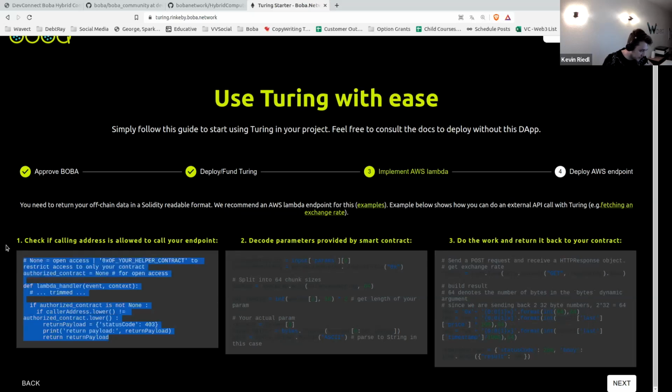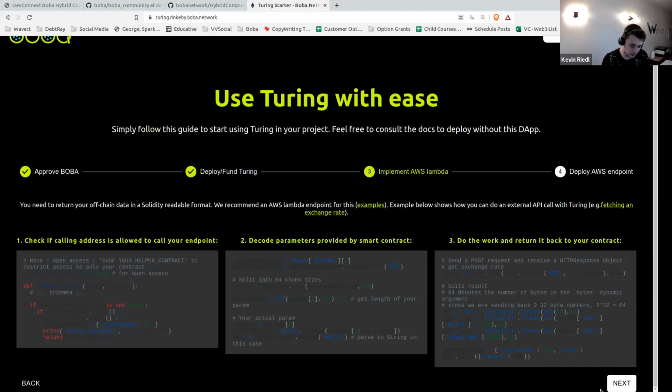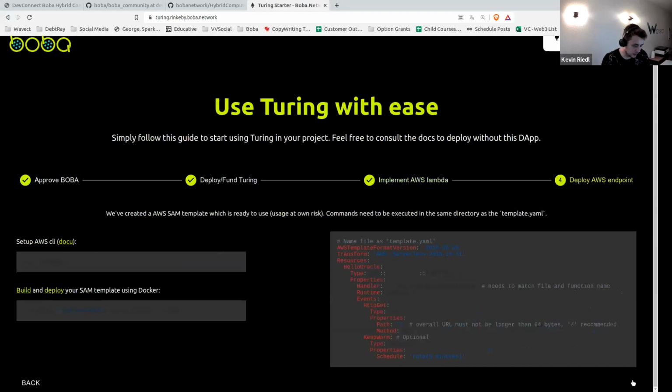So basically what we have here is just like the examples, step by step, again, explained how the backend can look like, but in the end, you just need to be able to decode the ABI encoded data and encode your result again. So that's the full magic behind everything. And yeah,